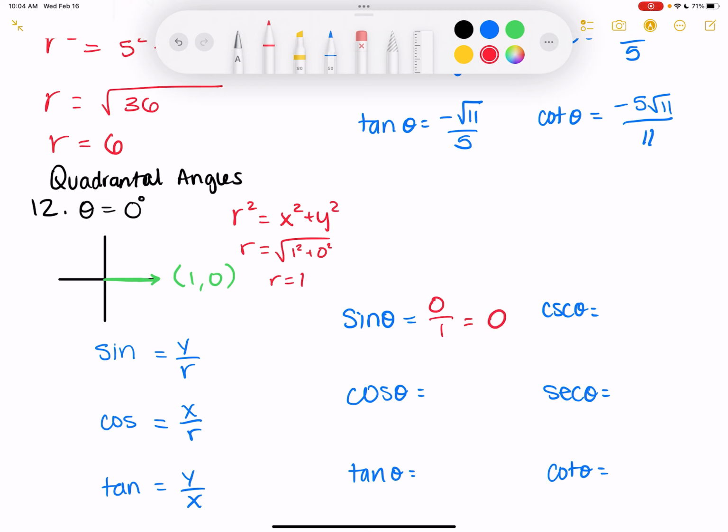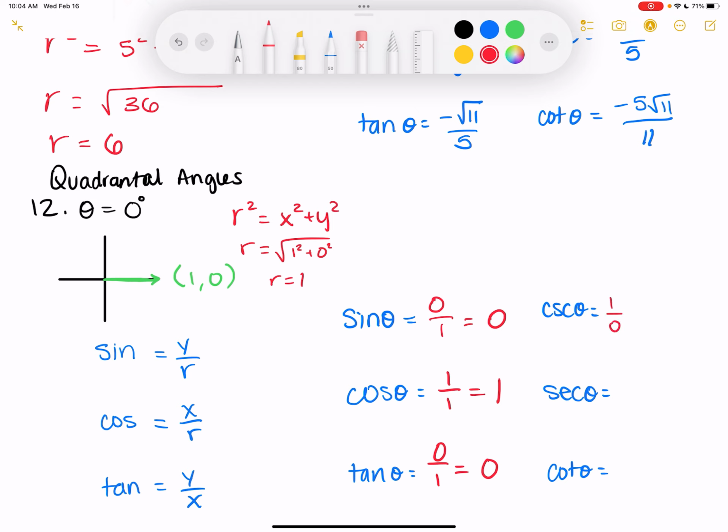What would my cosine of theta be? 1 over 1, just 1. Tangent, 0 over 1. It's just 0. So then cosecant is